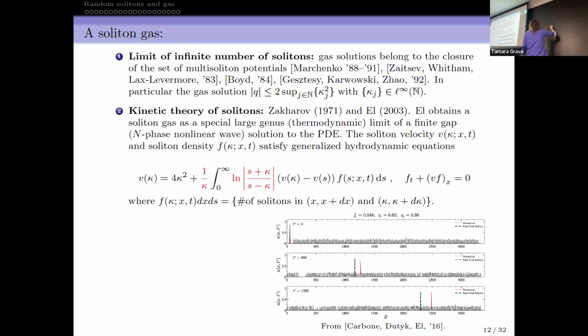If you take a time t, the soliton position x should be 4 kappa squared, so it's the dislocation of the soliton, plus 1 over kappa, and then the sum of the logs of all the other interactions, kappa j minus kappa, sum over j, and then here you put the soliton velocity minus